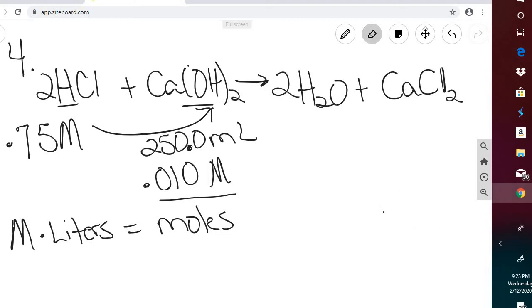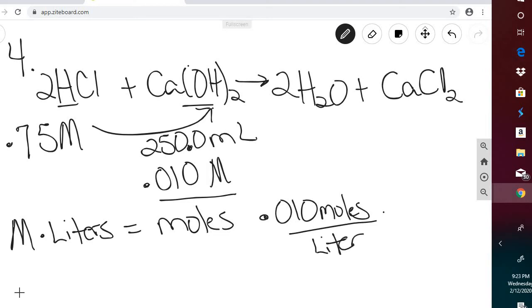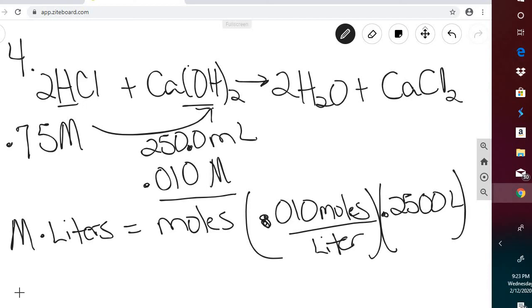Okay, so the molarity is 0.010, and molarity means moles per liter. And then we'll multiply by liters. And so that 250 milliliters needs to be converted to liters. Just move the decimal place 3 places to the left. Okay, so liters are going to cancel, and you will be left with